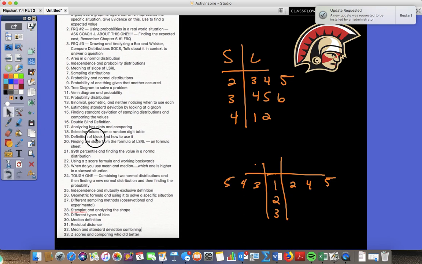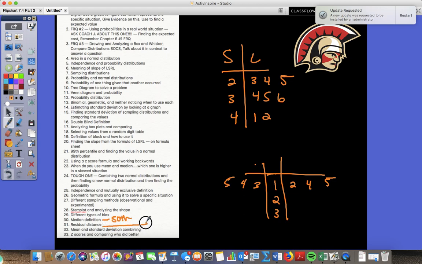Talking about different types of bias, right? So convenience, or if someone doesn't respond, non-response bias. I'm trying to think of all of them. If you look around the room, you'll notice that I think it's over by the black wall there, there should be some piece of paper over there or around the room that should help you with those different forms of bias. Median definition, this is the 50th